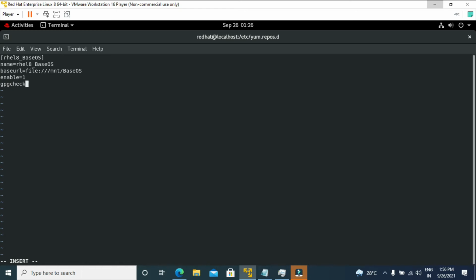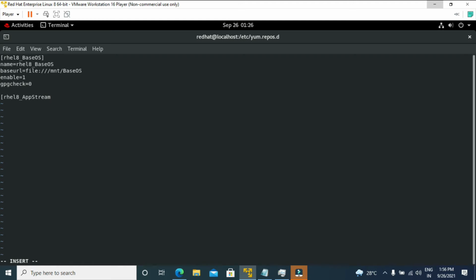If you have the GPG key, then you put gpgcheck equal to 1, or if you don't have it, then you can put it as 0. Then we have to type this one, AppStream. So RHEL8_AppStream.